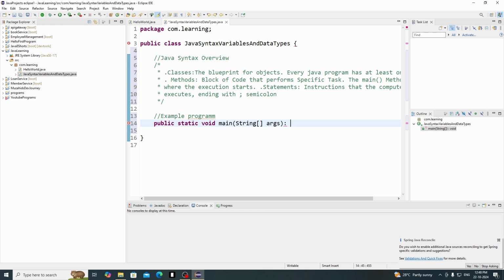We know already this is the entry point for every Java application. System.out.println("Welcome to Java");